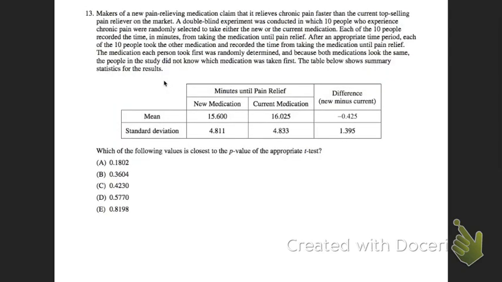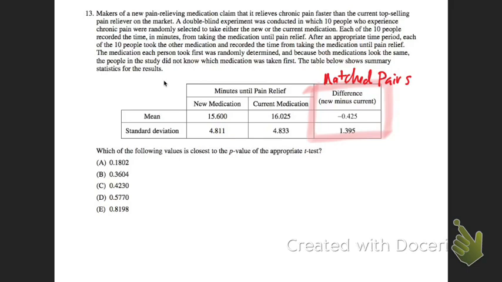13. What kind of test is this? Not a chi-square. This column, anytime you see a difference column, it's a matched pairs. So if you see a difference column, go ahead and write matched pairs on your paper. If they went ahead and made you a difference column, that's a clear indication that it is a matched